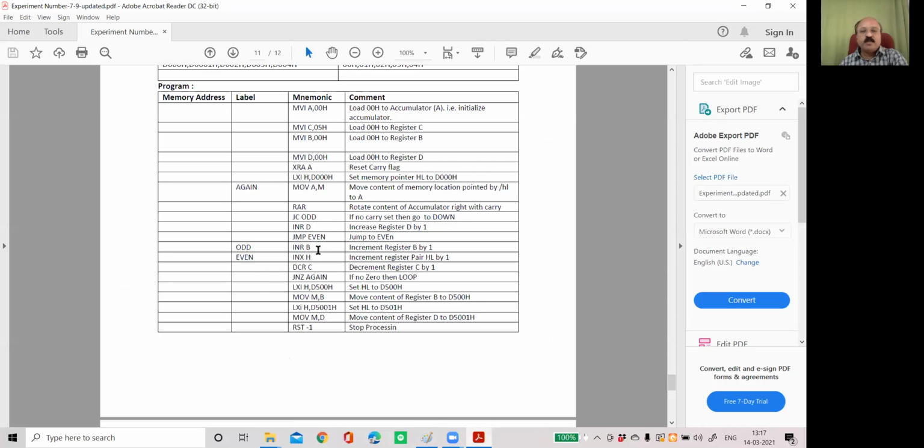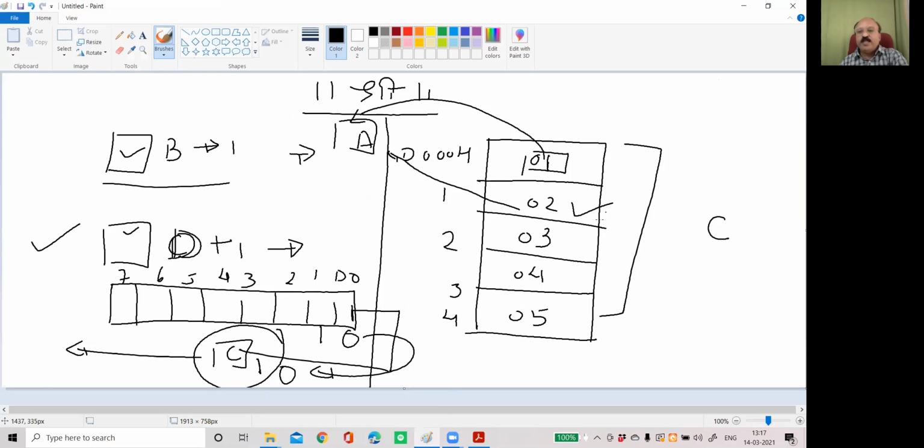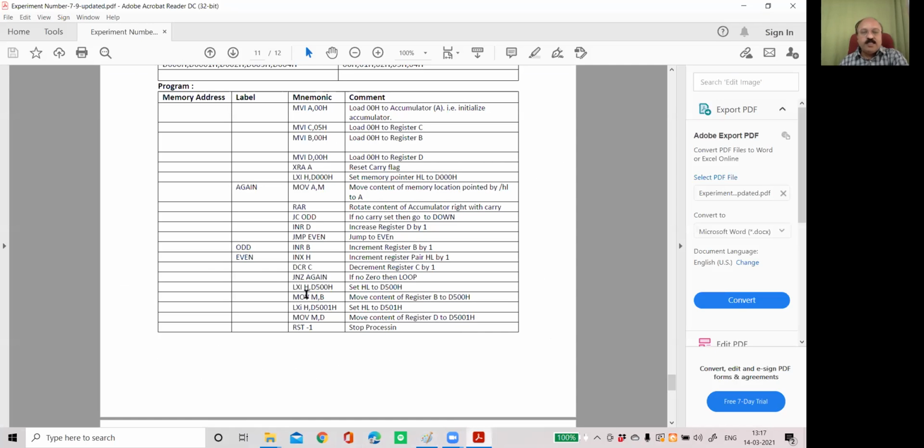So now if you say here, is carry flag set? No. Increment D, so that the counter for even is incremented. Then jump to EVEN, so it will come here, INX H. Again the memory pointer will be increased to 3. Likewise, it will carry on till C becomes 0. Then is C equal to 0? Yes. Then instead of jumping to AGAIN, go to LXI H, D500H.